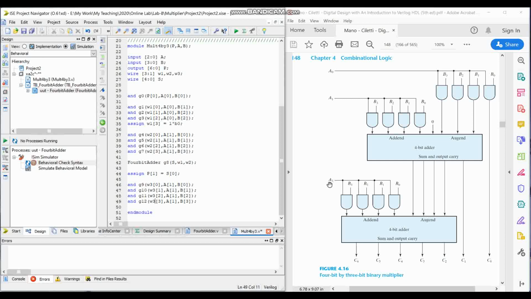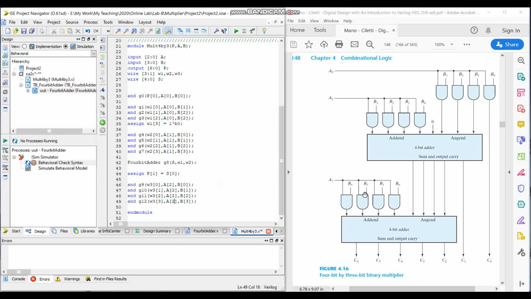And here, as you can see, we AND A2 with all the bits in B. So we do not change anything here. We just need to change this thing: A2, A2, A2, and A2. So this particular operation now performs AND of the most significant bit in A with all the bits in B,